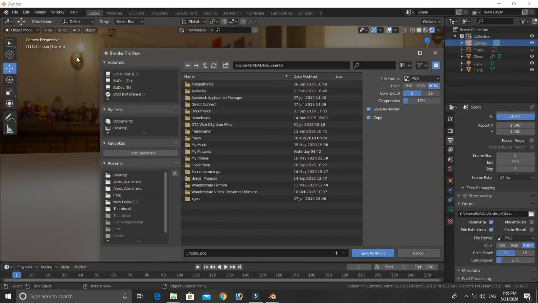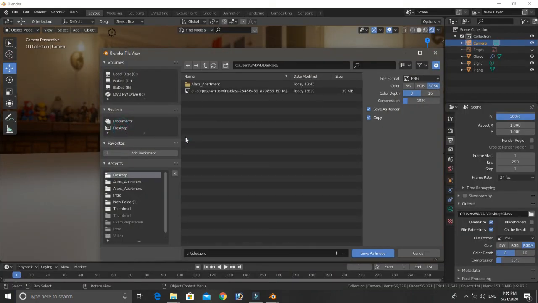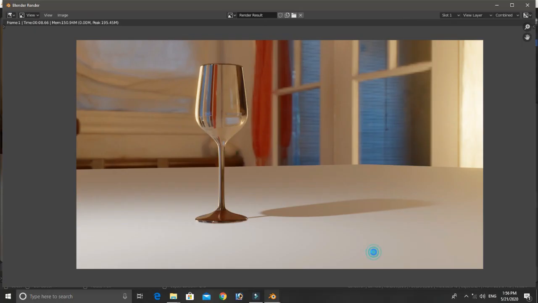Save the image in the storage device. Ready is your own 3D glass.